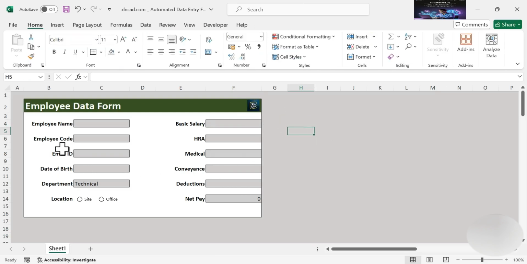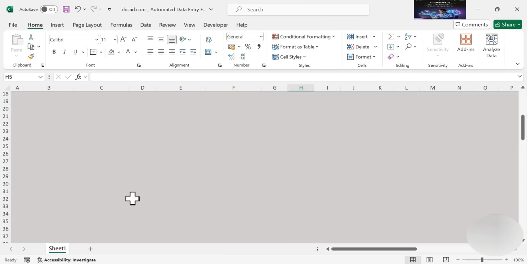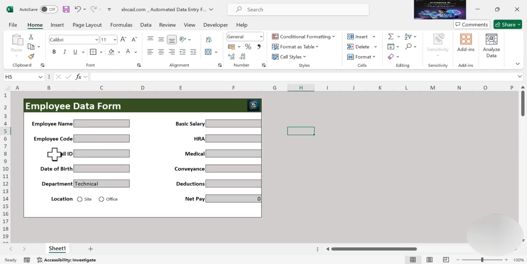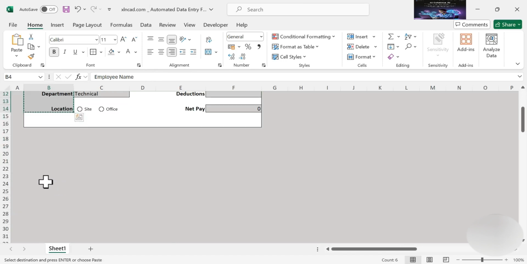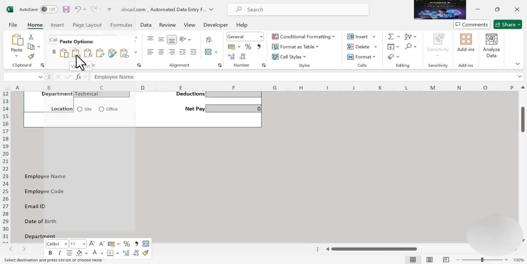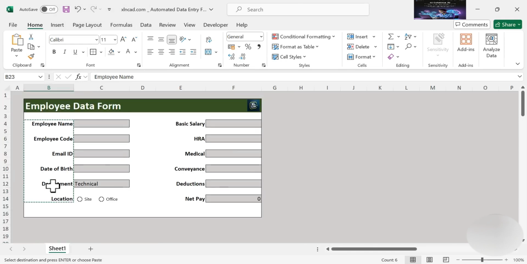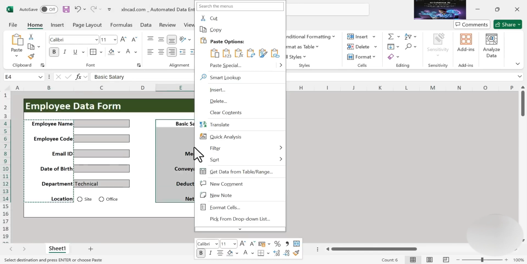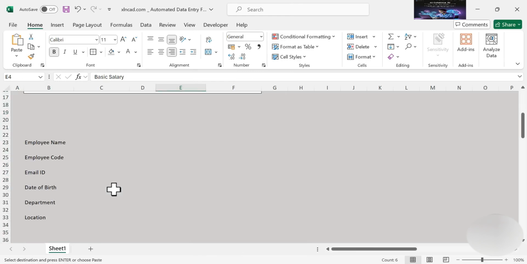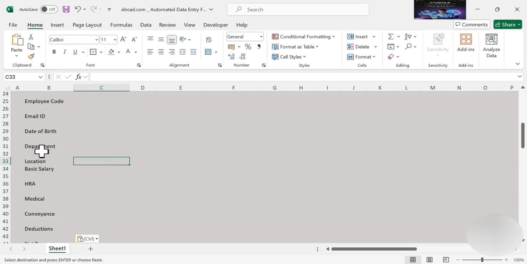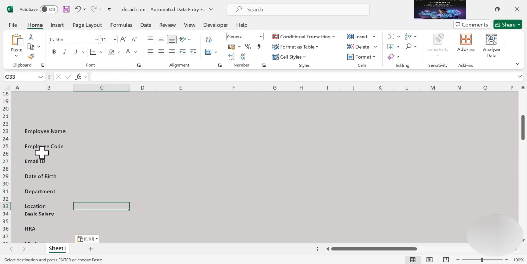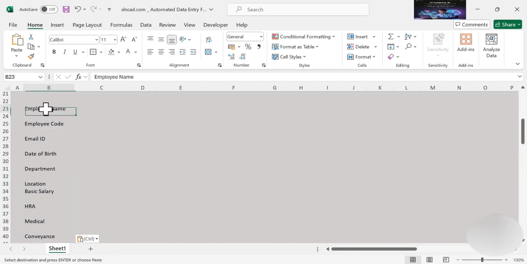Next, we need to copy these labels and paste it a few cells below the data entry form. For that, select the cells containing labels. Right click, copy, right click, paste as values. Now we need to get rid of the blank rows between this text. For that, select the cells containing data,